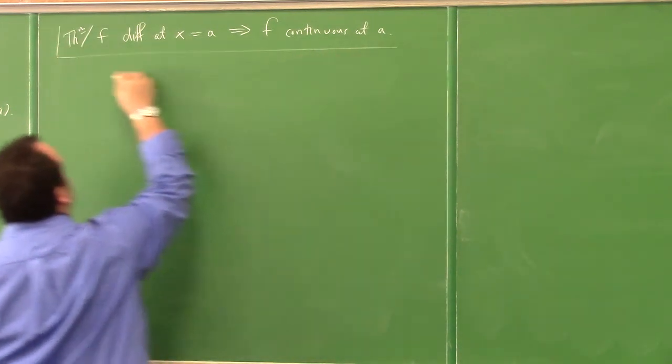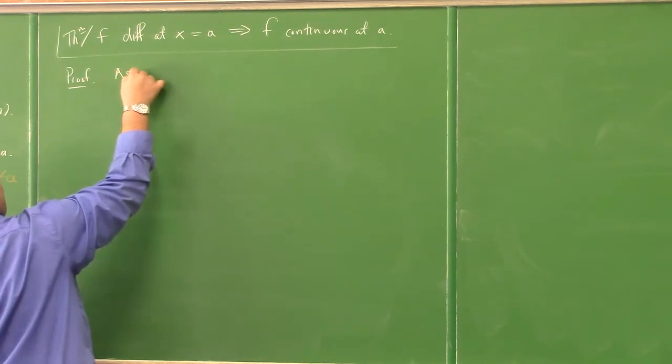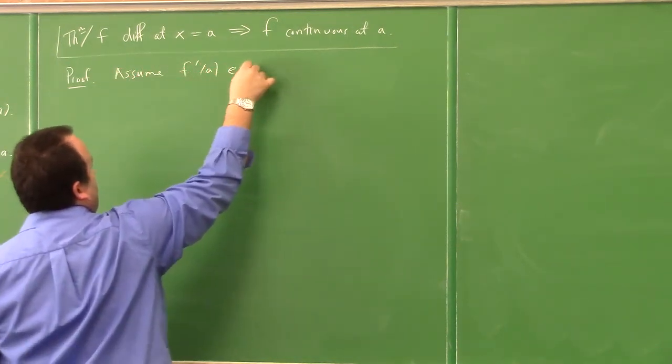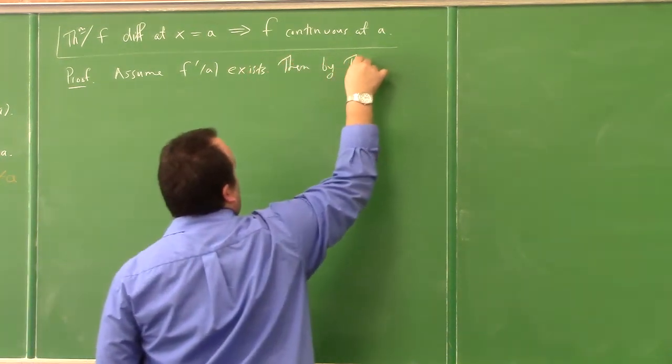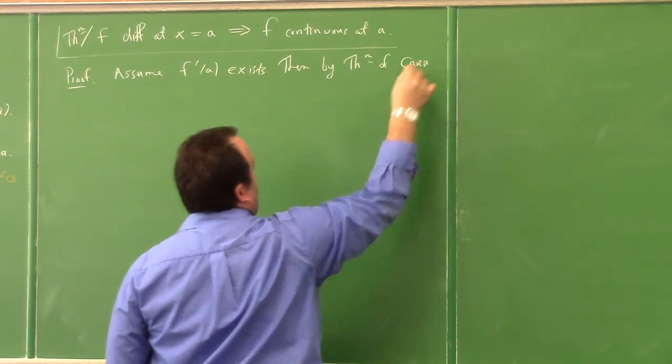So here's my proof. Assume f prime of a exists, then by the theorem of Caratheodory,